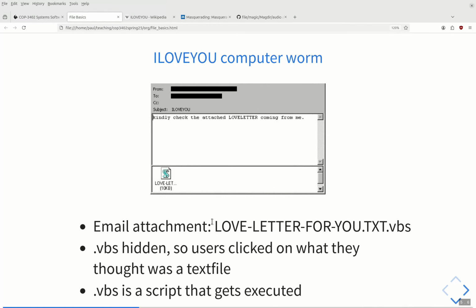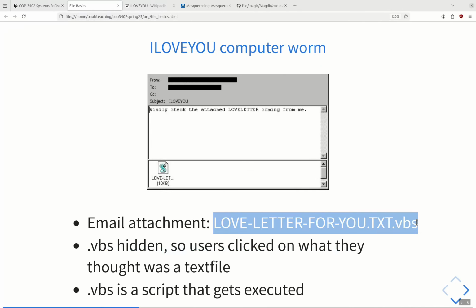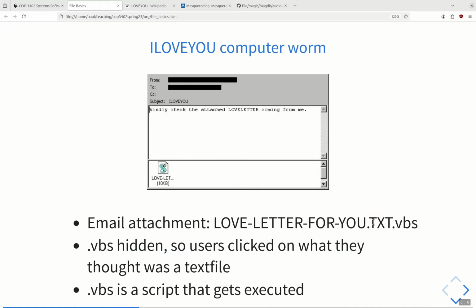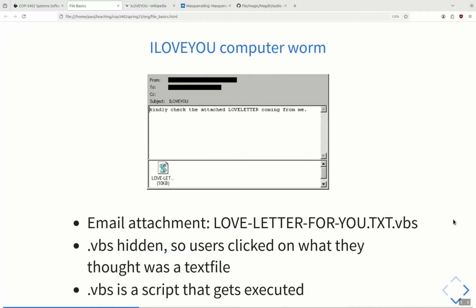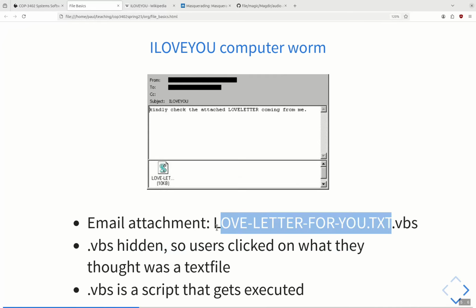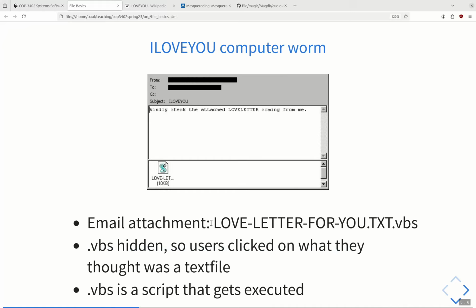is the attacker sent a VBS file, which is a Visual Basic Script. It's a runnable, executable scripting language. And they just called it .txt, which is the extension for text files, .txt.vbs. Because by default, in Windows at the time, and I believe still now, the extension is hidden, what users saw is "love letter for you .txt". Now, you may be thinking, well, there should be an extension, but it's easy to kind of miss this kind of thing. And so users may have clicked on this thinking it was a text file, but in fact they